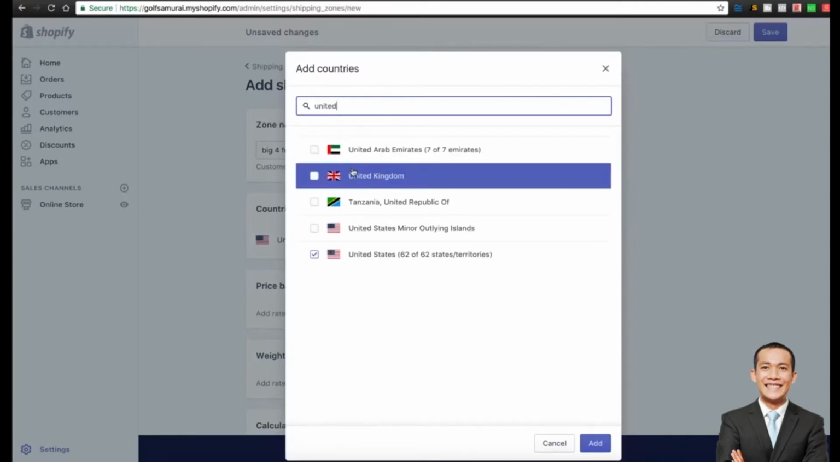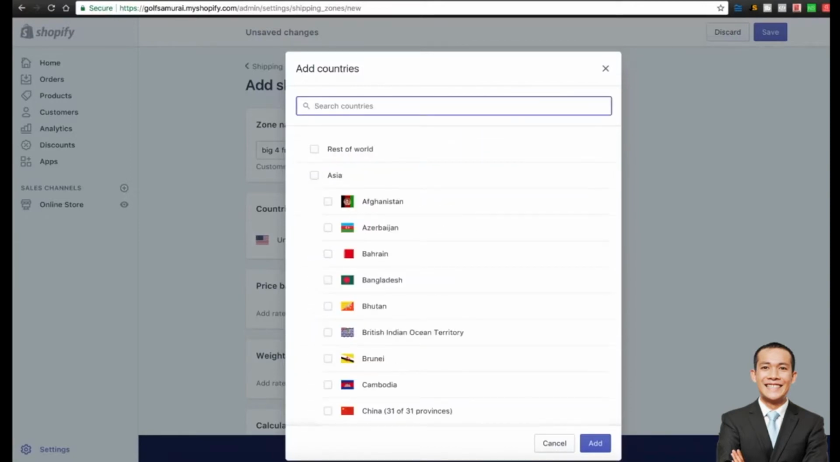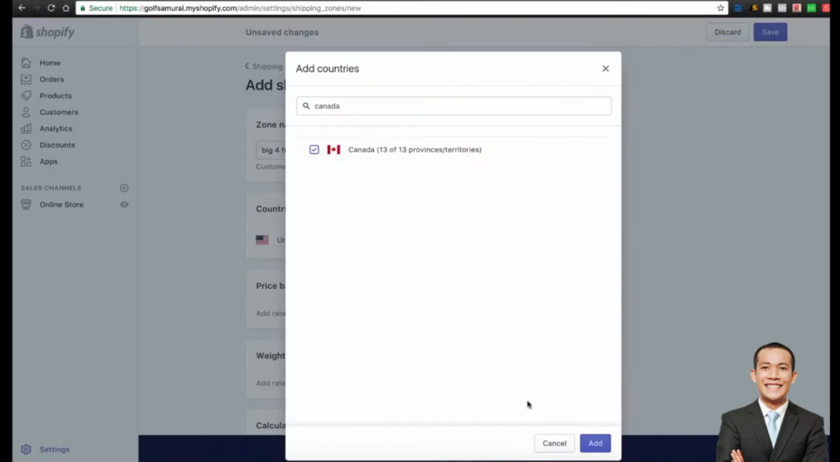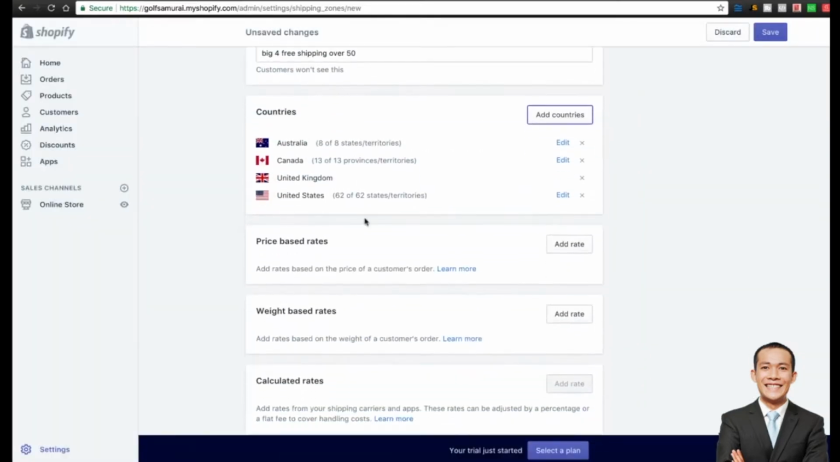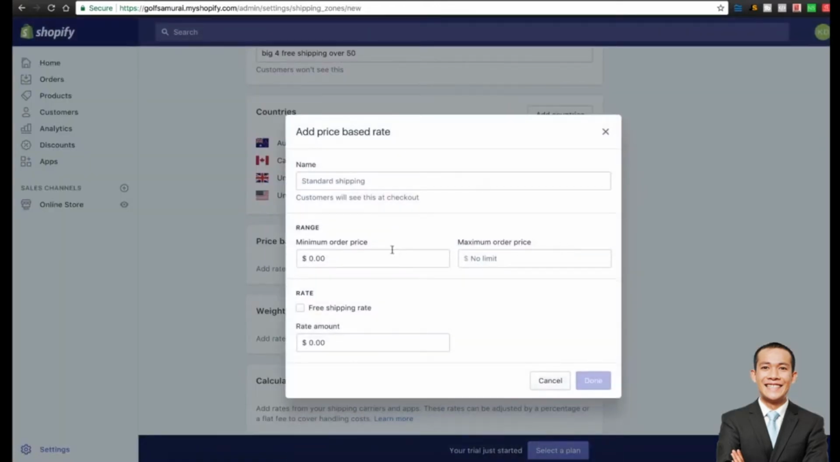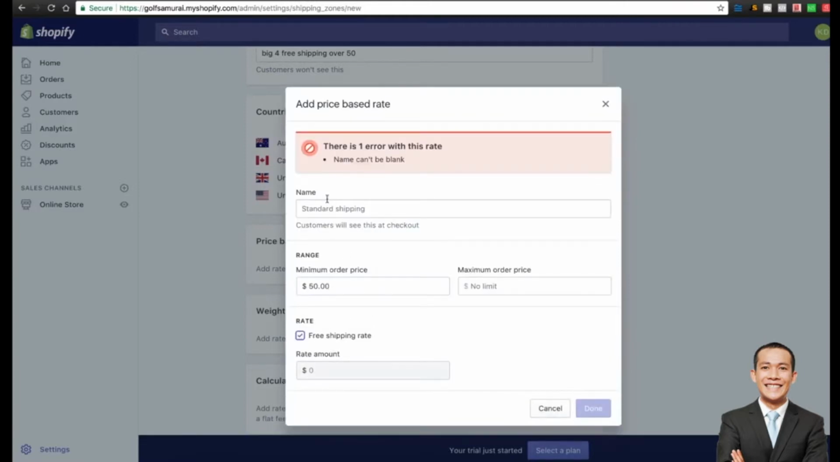We're going to add the United Kingdom, and we're going to add Canada. So now that we have our big four here, what we're going to do is a price-based rate. So we said that if somebody has a cart value of $50, meaning that they bought 5 $10 products from you, or 2 $25 products, or 1 $50 product, as long as the total amount of their purchase is larger than $50, we're going to give them free